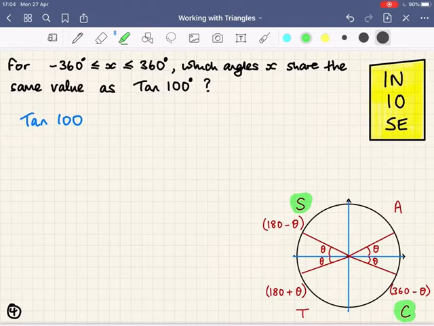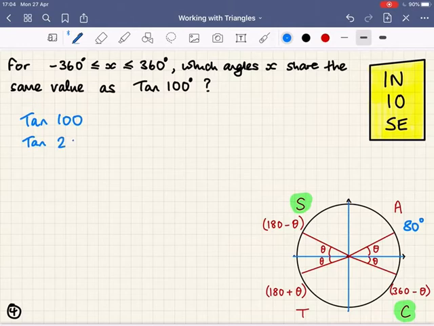Well, it's going to be 180 minus my 100 degrees, which gives 80 degrees. So I know that in the first quadrant, theta was equal to 80 degrees. So we can just make a little note of that, 80 degrees. And that's why in the second quadrant, I ended up with a result of 100 degrees. So into that fourth quadrant, the equivalent angle to tan 100 would be tan of 360 minus 80 degrees, which